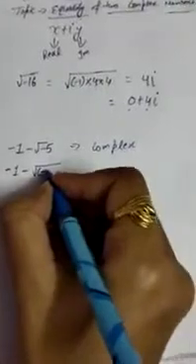Like this way, if they will give like -1 minus under root -5, write it in the form of complex number. How we are able to find it? -1 minus, in square root I am able to write it -1 into 5. Clear? Now here, separate the square root, under root -1 and square root of 5. Under root -1 value is iota and under root 5 as it is. This is our complex number.